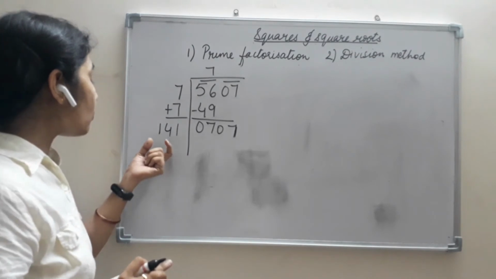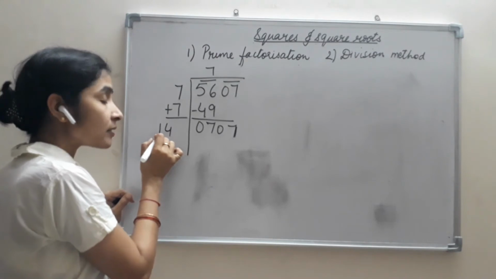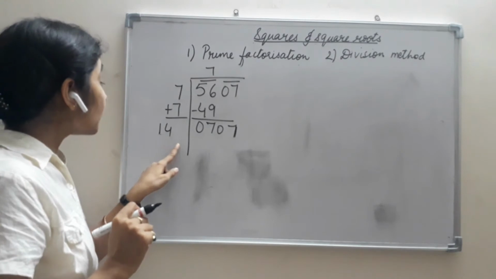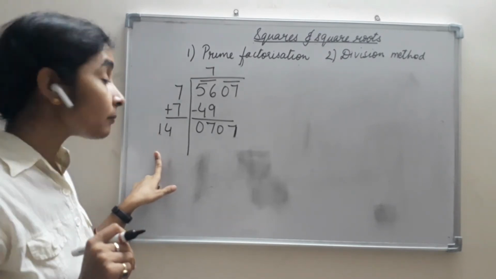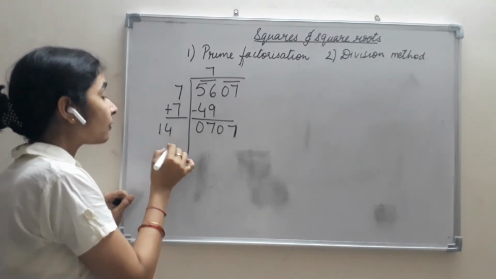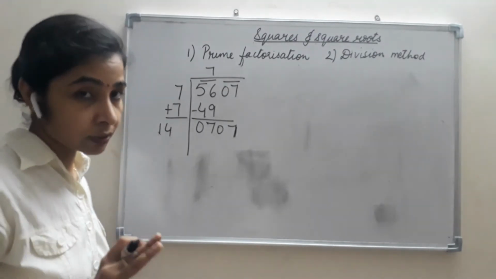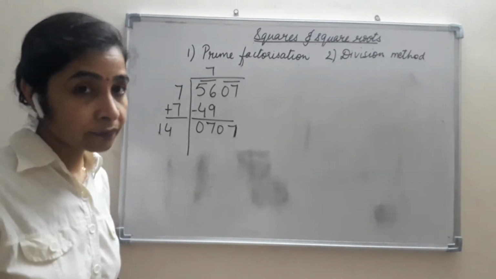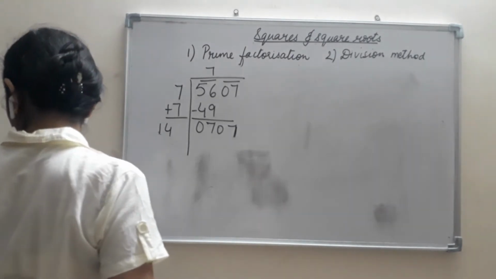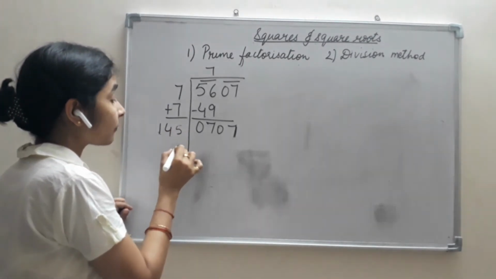If I go on multiplying, if I multiply with 1, then it will be too small. If I multiply with 2, then 2 ones are 2 I will get, and no carry from 4, so 2 will again be a very small number. If I multiply 3, that will also be a very small number. If I multiply 4, then I will have to consider, because 4 fours are 16 and 4 ones will give me 4, and the carry is only 1, so I will get the answer in the 500s only. If I take 5, then 5 fives are 25.